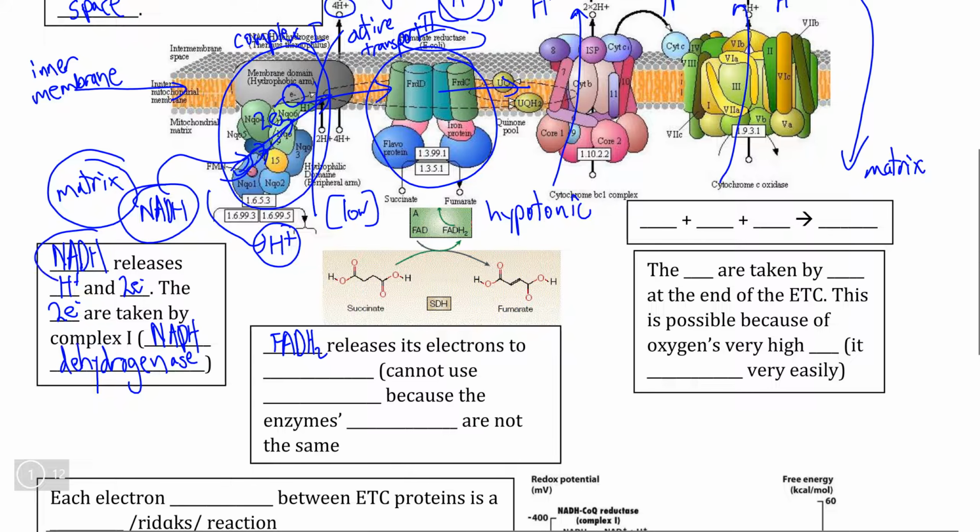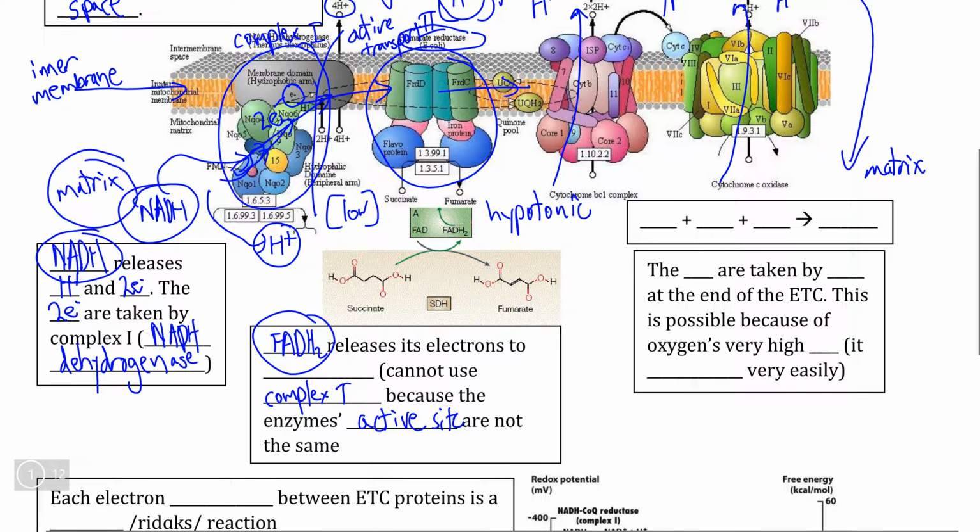Simply put, NADH and FADH2 have different structures because of this, that means that FADH2 is not able to fit into the same active site that NADH enters because of their differences in structures, and therefore FADH2 cannot